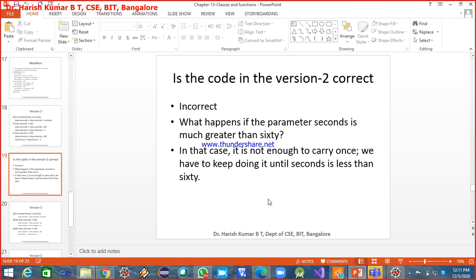Say for example I need to add some time to the current time, and the number of seconds I got is say 60,000 or 10,000 seconds. Now I have to do this repeatedly using a looping construct until I get the number of seconds less than 60. So version 2 of the code we wrote is still not correct and complete.